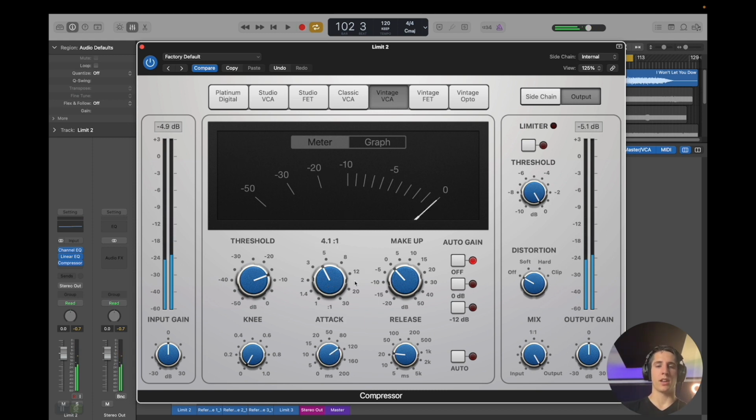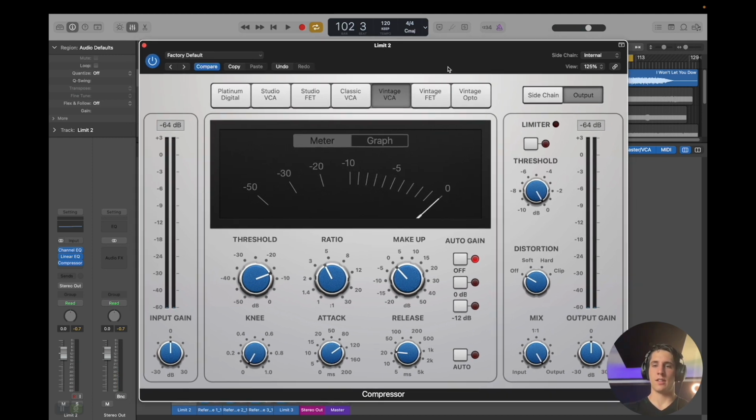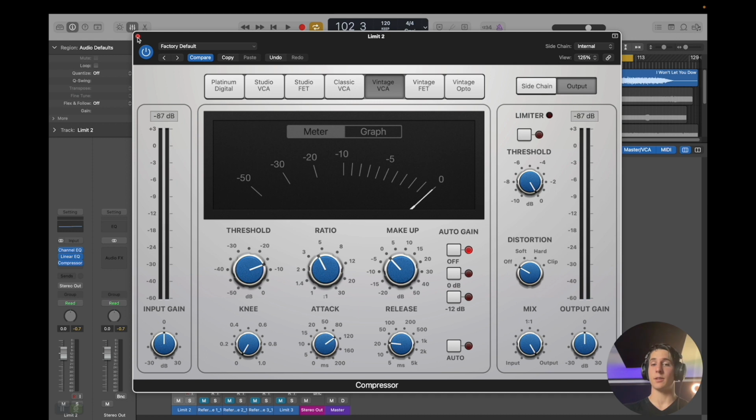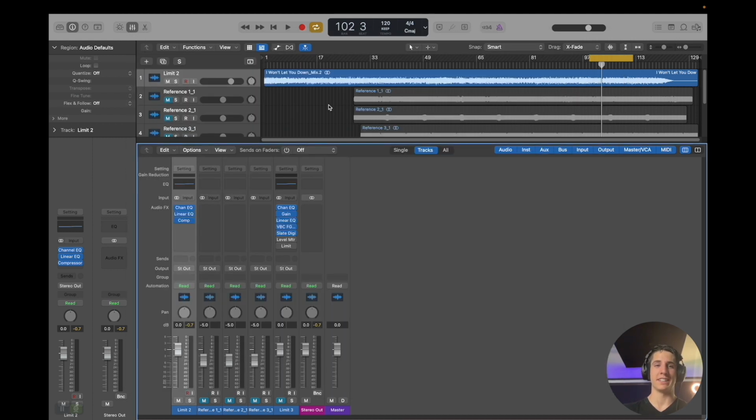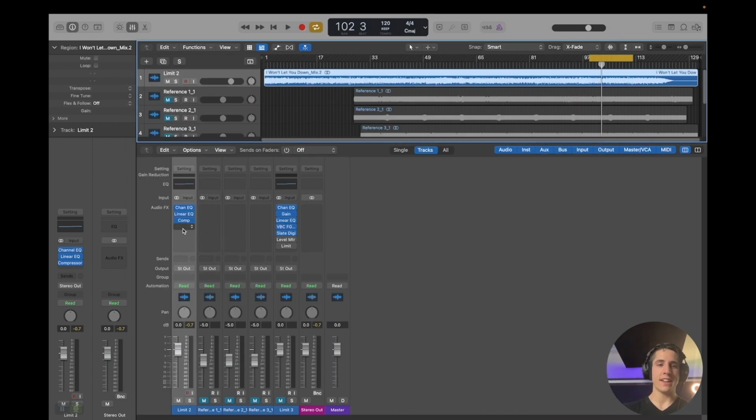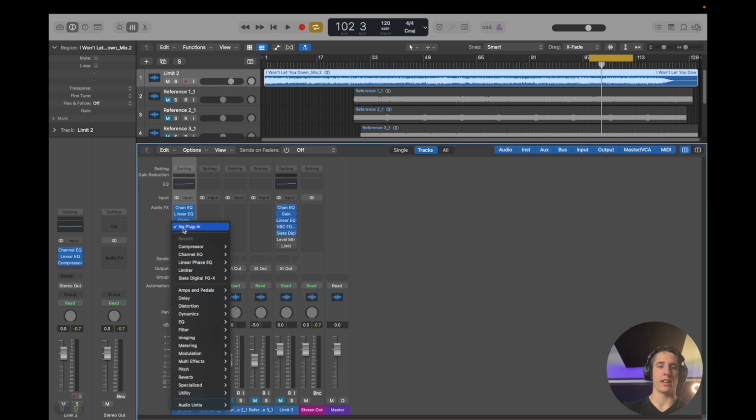Yeah, so I'm liking that. Just for the sake of brevity, I'm not gonna spend too long doing this. And let's move on. Okay, so that's compression. That's how easy it is. And then the last thing we're going to do is add a